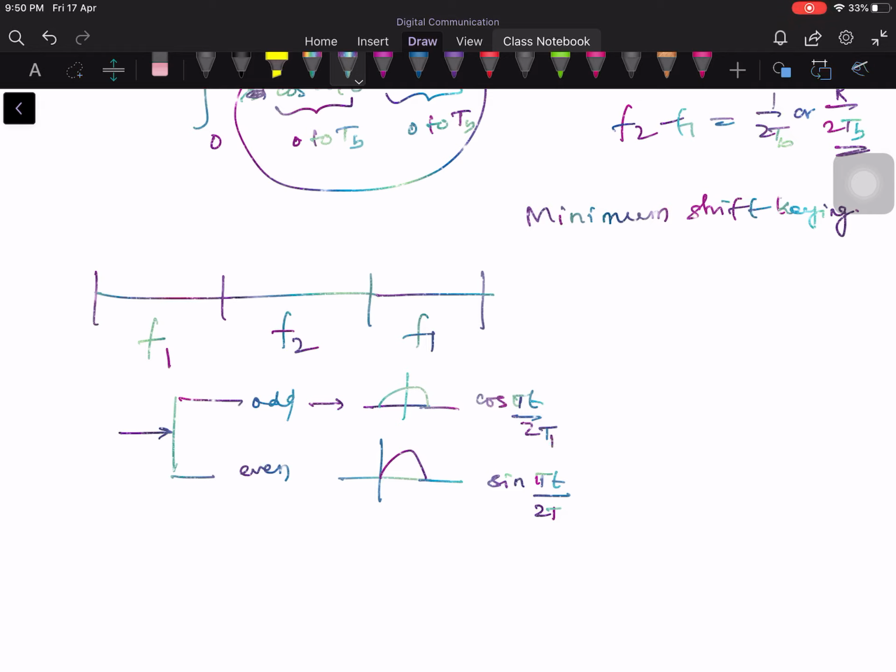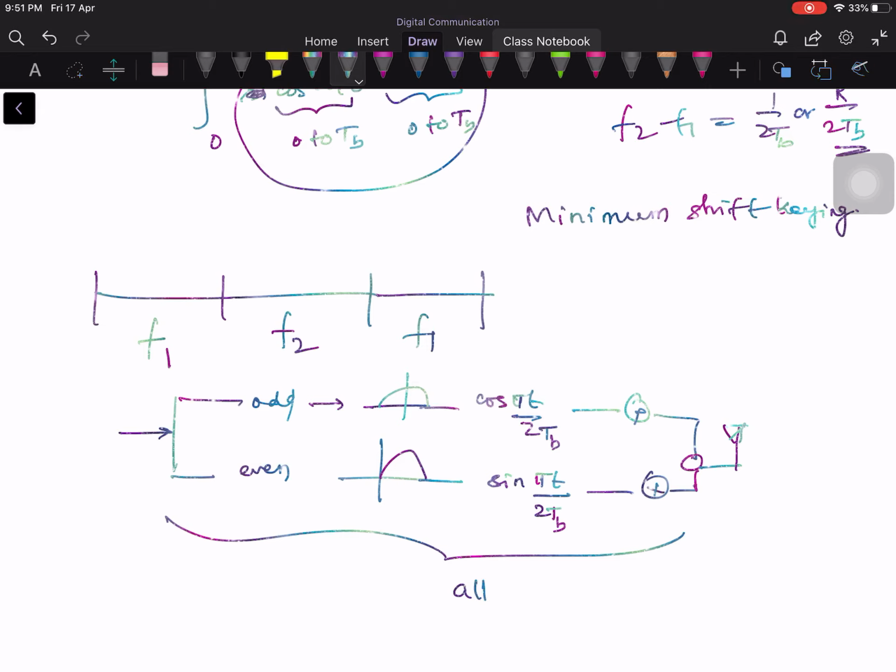Not 2Tb, because the bit duration is 2Tb. Then you multiply by the carrier, and here also multiply by the carrier, add these two, and transmit. So this is the process we have done in MSK. Now, it is a lengthy process, all this process. Instead of going through all of it,